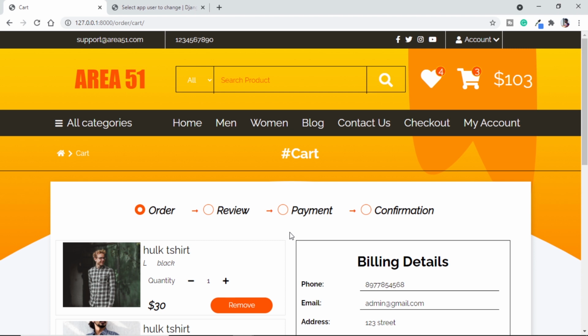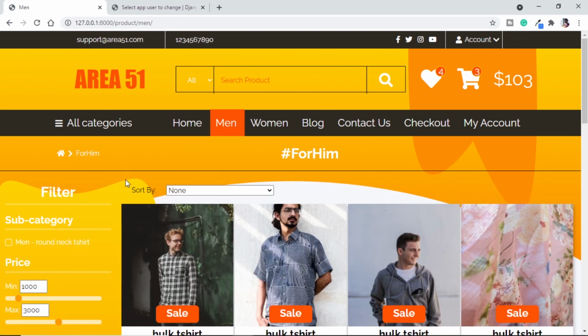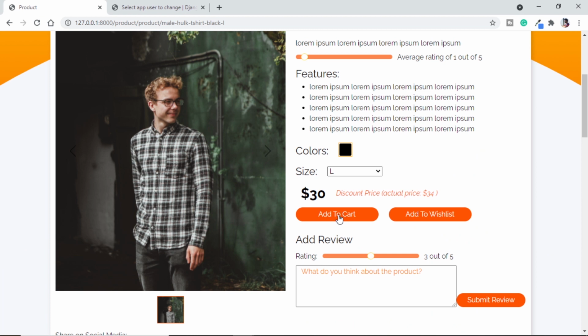We can move on to making views. First of all, we will make a view where we are adding one item to the cart. Again, we will be adding item from two places. If we go to category page, one we will use it from here. If we click here, we should add item to the cart. And another one is if we get into the product page, if we click on this button, we should add the item to our cart, just like we did with add to wish list.